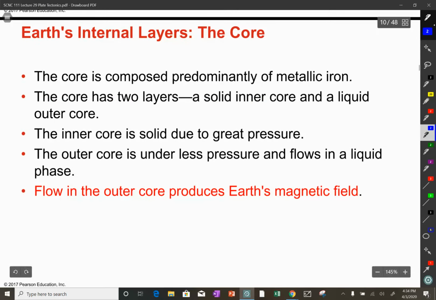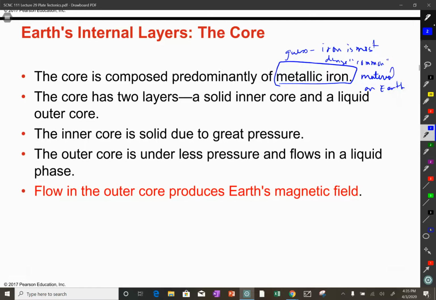The core is composed of primarily metallic iron. How do we know that? It's, let's say, a guess. Iron is the most dense, quote, common, end quote, material on Earth. Now, there's lots of uncommon things that are more dense, but it's the most dense common thing. And so based on more dense things sinking, we believe that it's primarily iron with nickel, and so metallic,